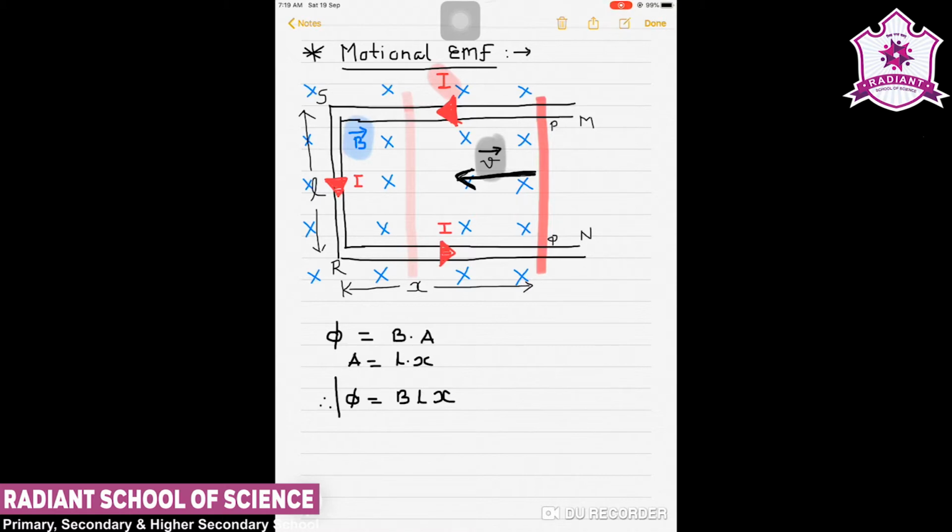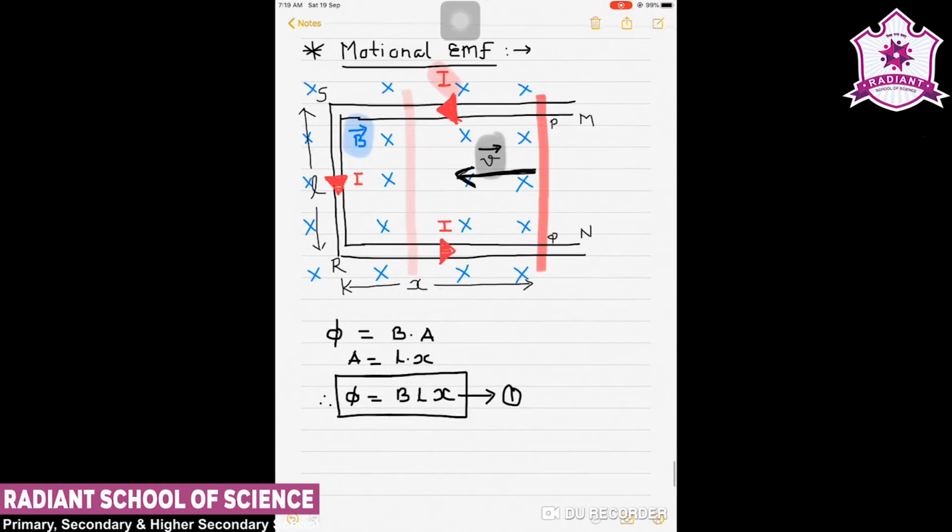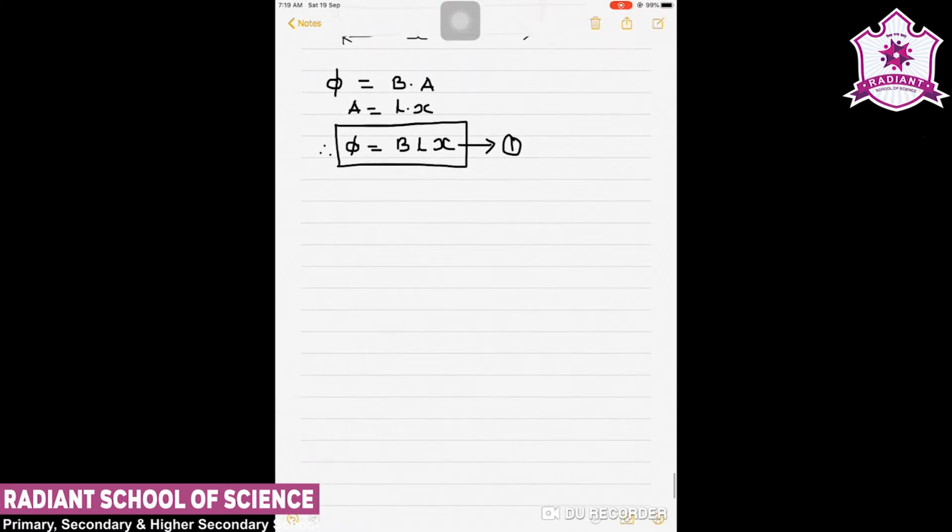Now we want to find out the EMF. So we can find out the EMF by applying Faraday's law. We consider that EMF is equal to minus d phi upon dt. Now we put the values. So when we put the values, that is minus d by dt of